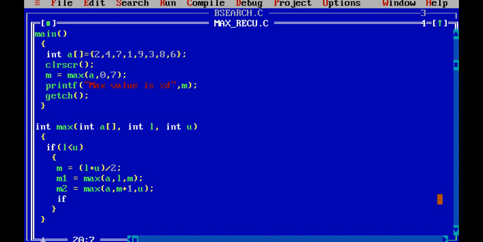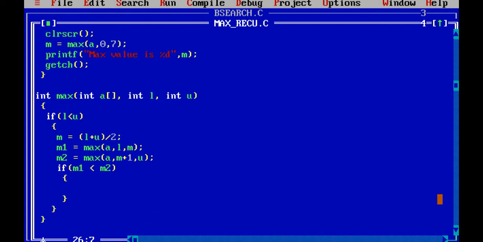Because you have to find out the maximum of the whole thing, you will just compare them like this. If M1 is greater than M2, that means surely you should return this M1 because that is the maximum from your whole part.